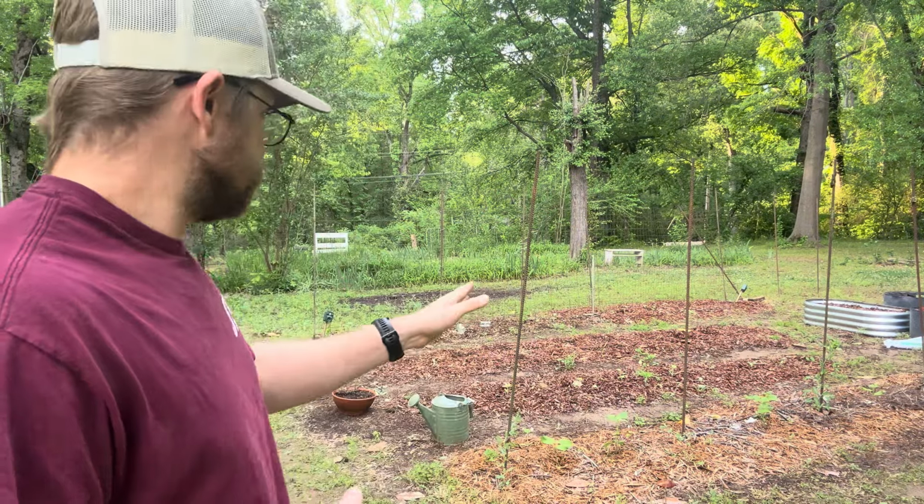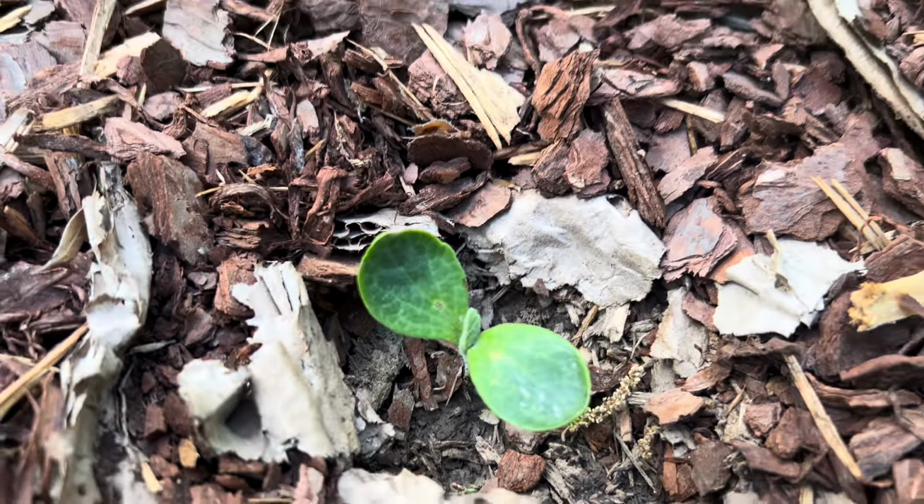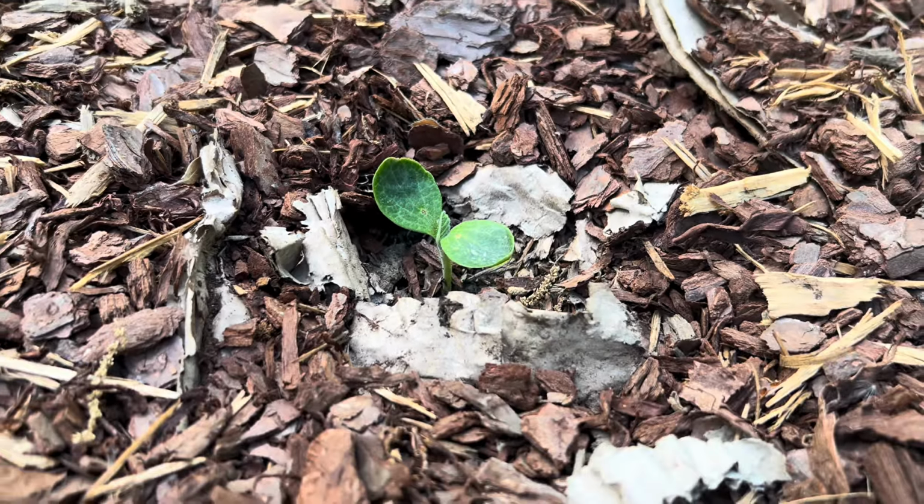The squash has done very, very well. Way better than I expected it would. I'm finding out that the absolute majority of things that you will see in a store can most likely be planted from seed very easily without having to worry about your plants just crapping out on you. I think the one thing that I may do continuously, just in case, is have a second backup,